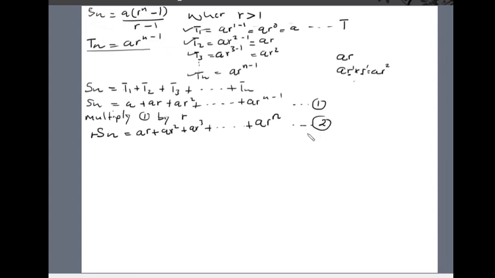Right, so now the next step is to subtract equation 1 from equation 2, right? So that it is not confusing, let us rewrite these two equations where the like terms are aligned or are under each other, right? So write equation 1 and 2 with like terms